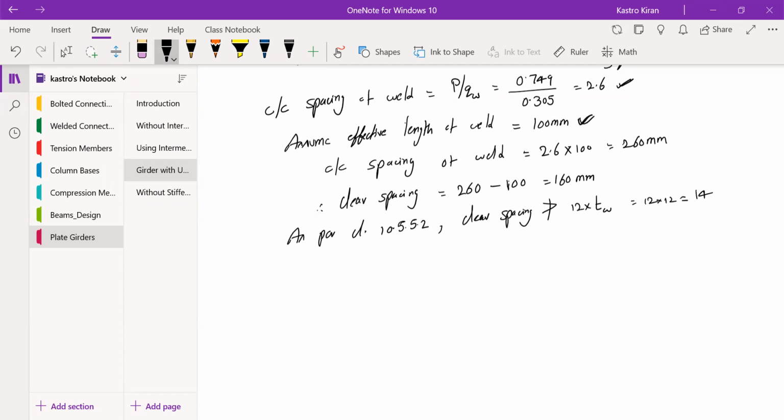So that gives you 144 mm. So from this condition, since 160 mm is less than 144 mm, therefore provide